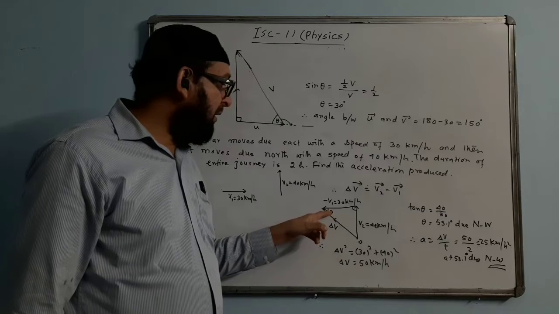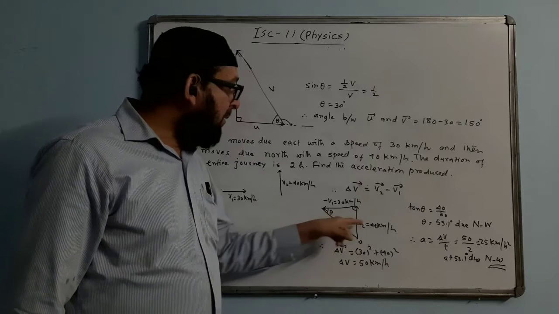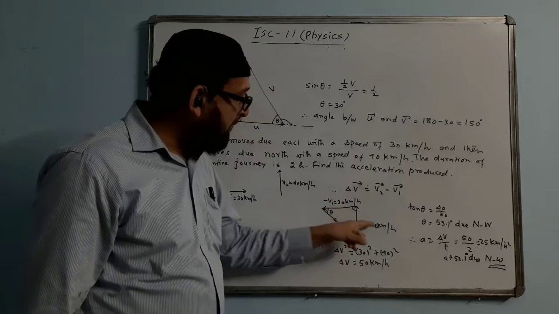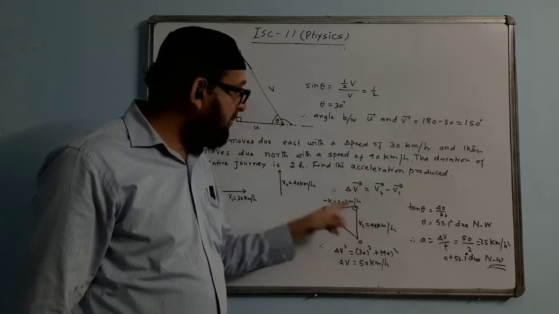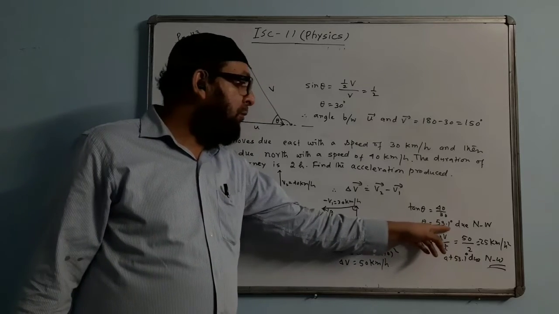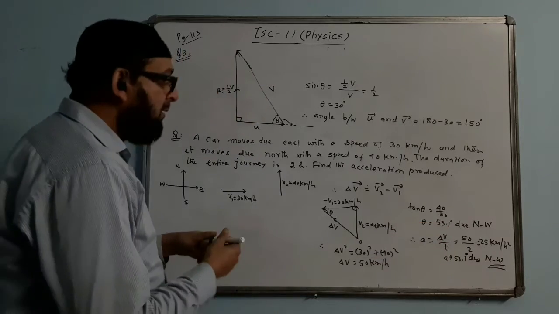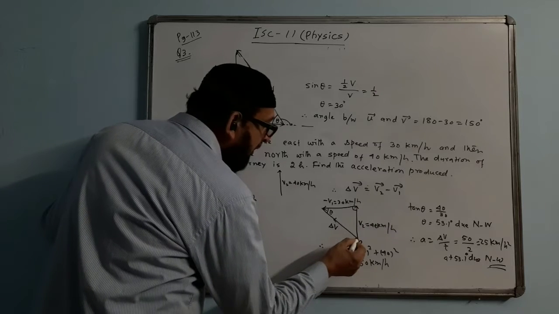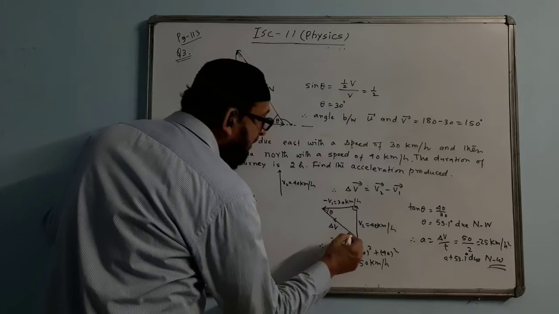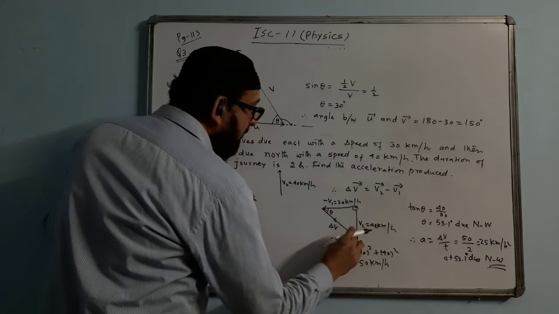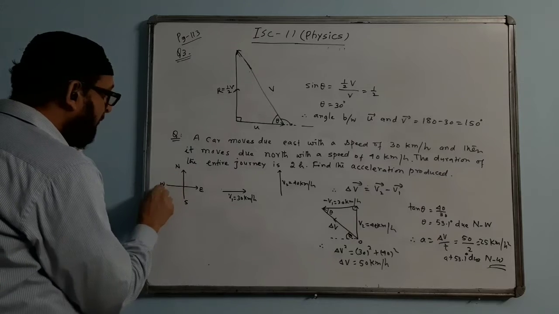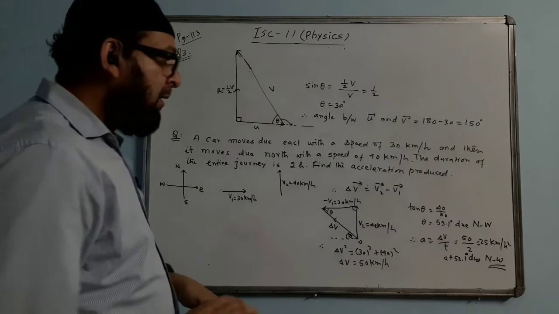We are finding this angle theta. So tan theta will be perpendicular, opposite to the given angle, which is 40, and this is the base, so 40 by 30. Tan theta is this by this. The answer will come in the calculator. You can check, it is coming 53.1 degrees. What direction is it? It is the northwest direction. Why? Because we are measuring the angle this way. This is theta. So what direction do you call this? Northwest. With that we will write it here.